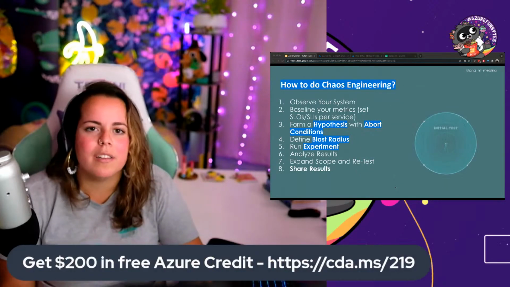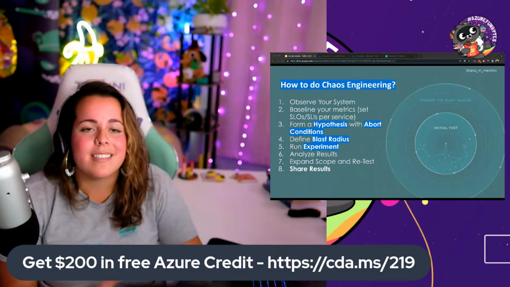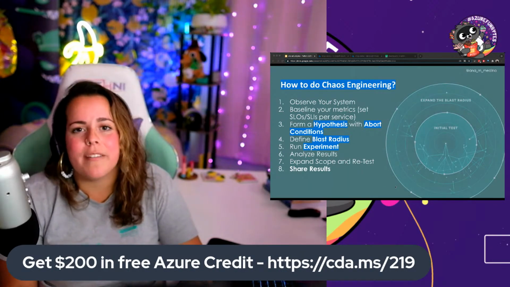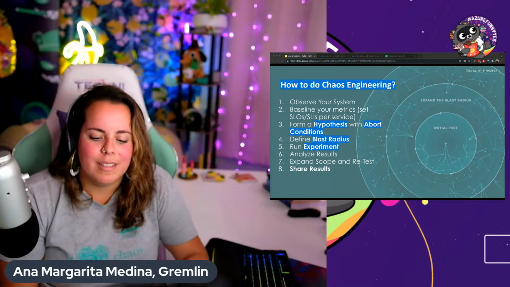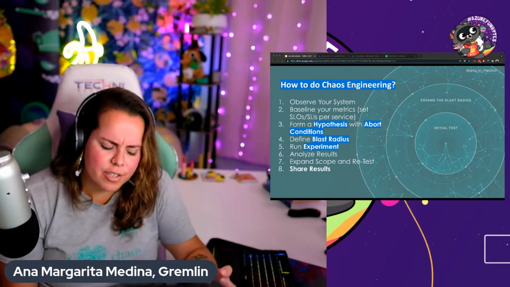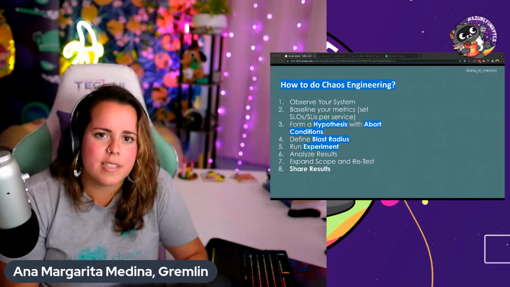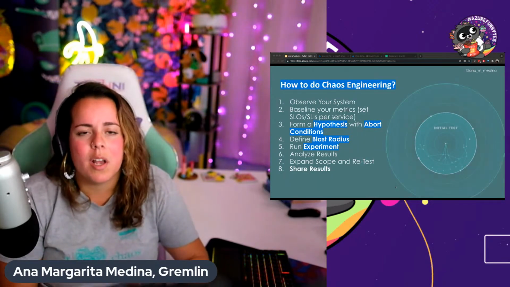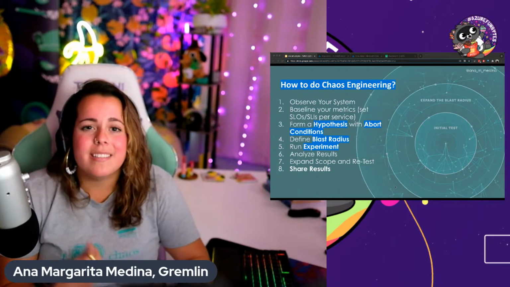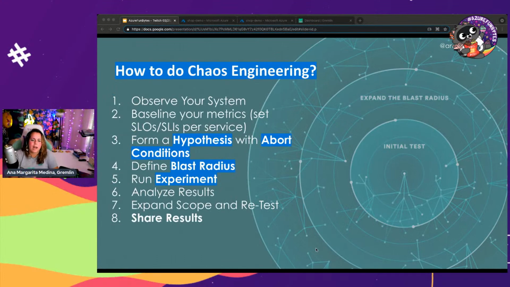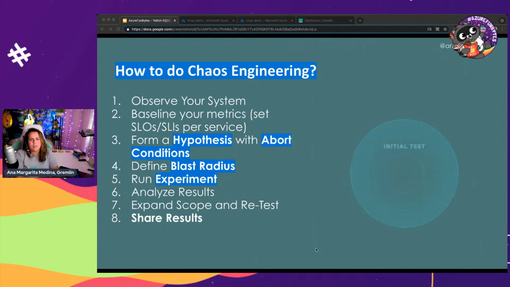And that's on a regular day-to-day business day. That's not including when there's high traffic events, peak traffic, a big sale going on. So that number continues growing exponentially. And a big reason why we do this is that we want to reduce that cost. We want to make the length of those incidents a lot smaller. But at the end of the day, we want to reduce those incidents from happening. We want to inject the failure and know what happens when these failures occur on our own terms,